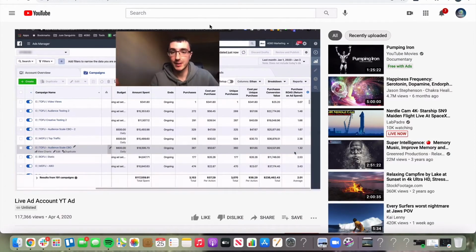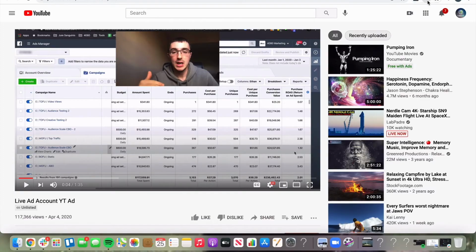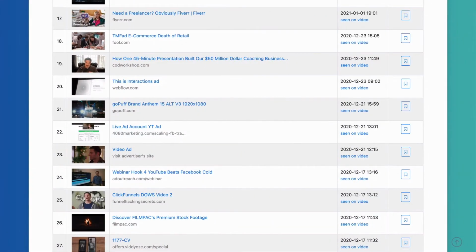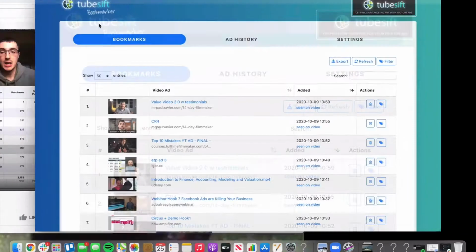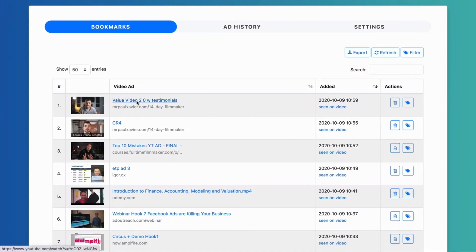So there's one there. And again, if I do go back to the ones I've bookmarked, same thing. Sorry, minimize it here. Same thing, we'll go to my bookmarked ads, and I can just click it and it